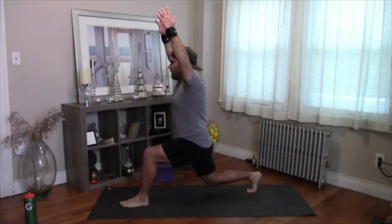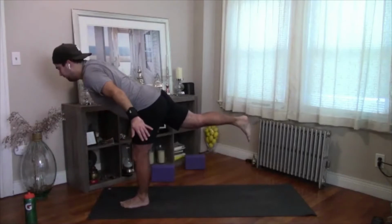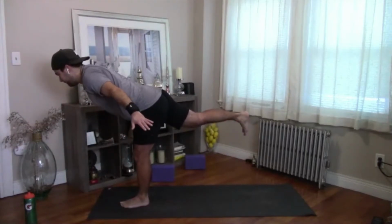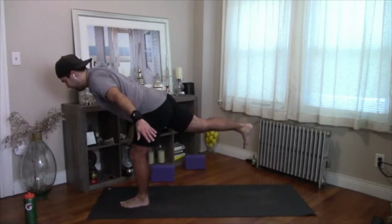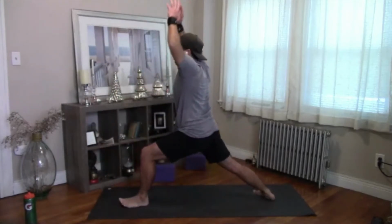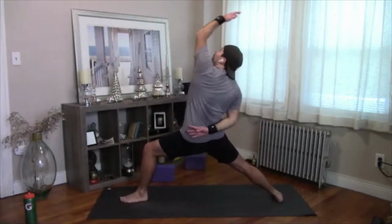3, 2, 1, sweep, lifting off, flexing the foot, engaging the core. Slowly land, warrior 1, open warrior 2, reverse,